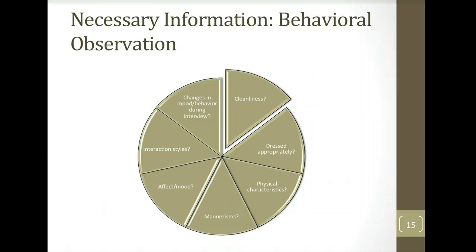Here, BRIMS suggests important components to consider during observations such as cleanliness, appropriateness of dress and appearance, physical characteristics and mannerisms, adjustment to the intake process and meeting with a stranger, affect and mood, communication and general interaction styles, capacity for cooperation, and negotiation. BRIMS has a complete description on page 140.